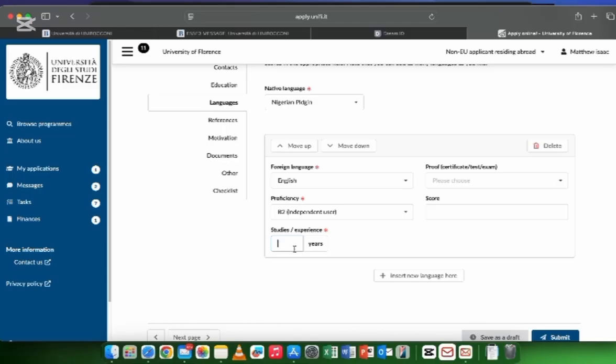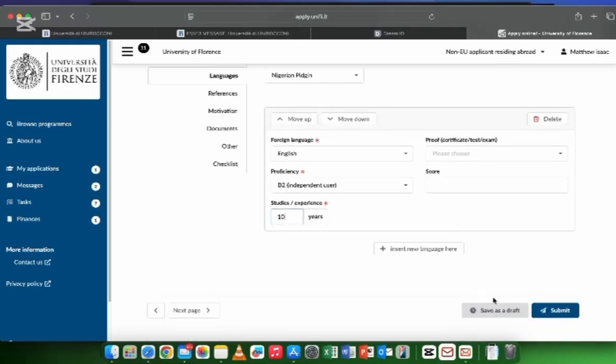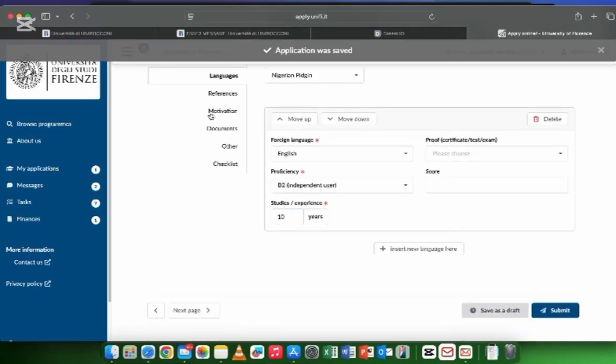You now calculate how many years you spent studying in English, or the mode of communication. So I studied for about 10 years. You're going to insert it and save. The next